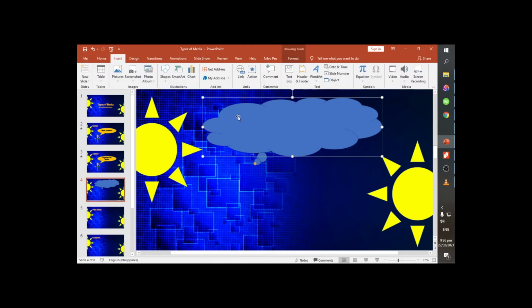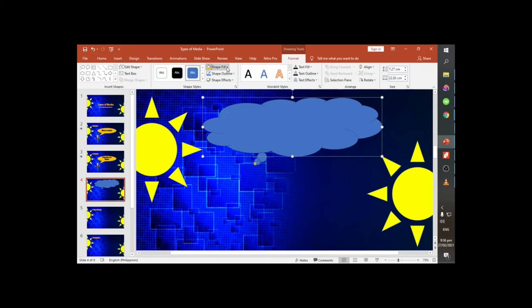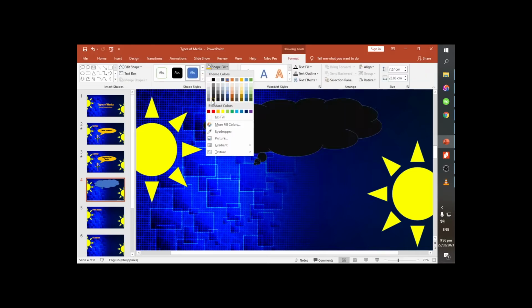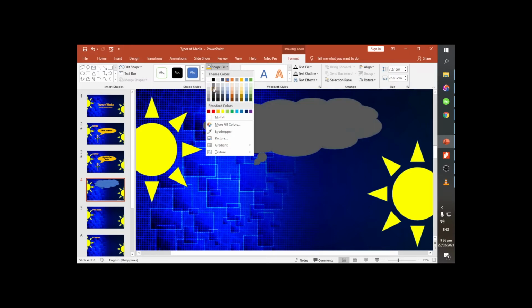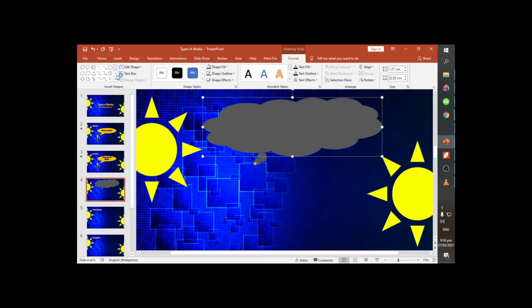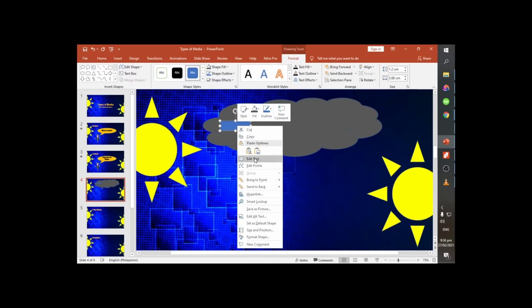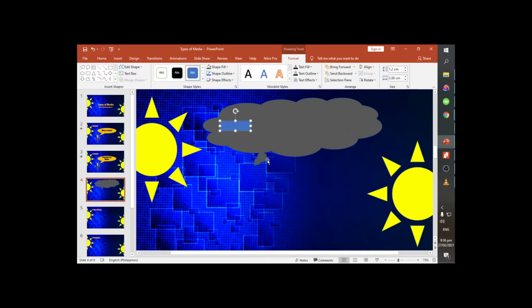So I want to make this cloud a rain cloud. Let's change that to grayish black. So it's going to rain. Inside the cloud, I want to make rains. Let's just change this one. Let's edit text. Let's say